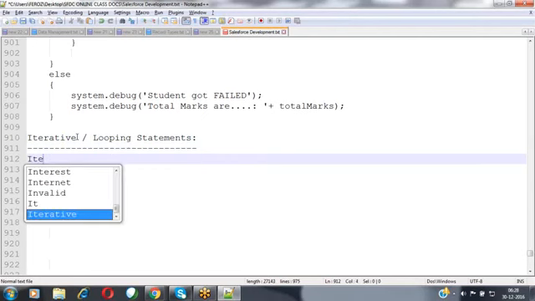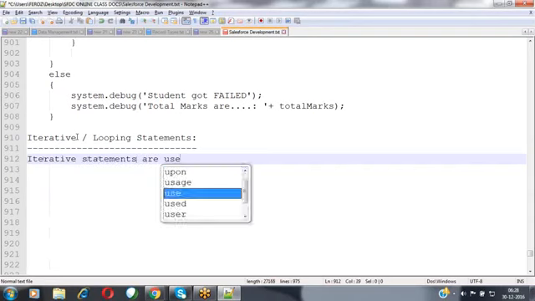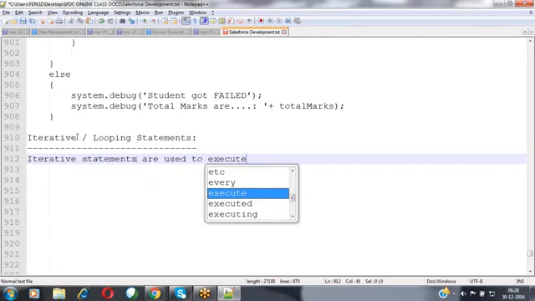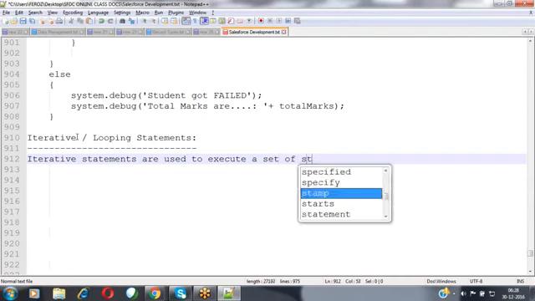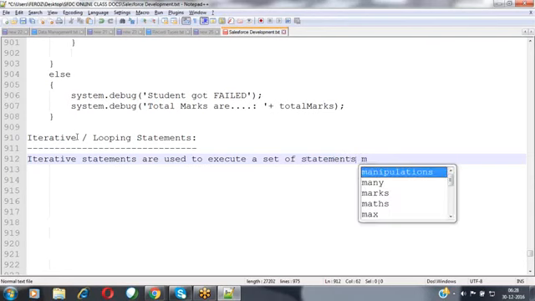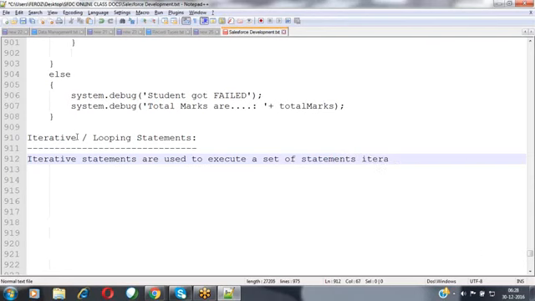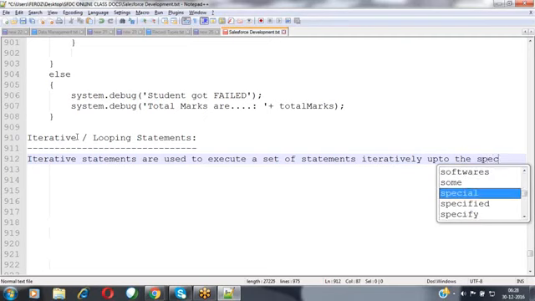Iterative statements are used to execute a set of statements iteratively up to the specified number of times.